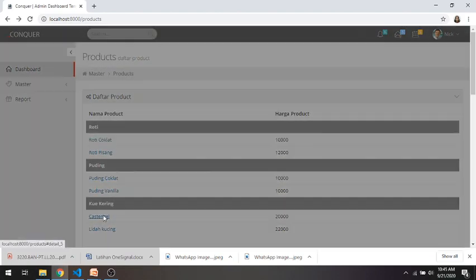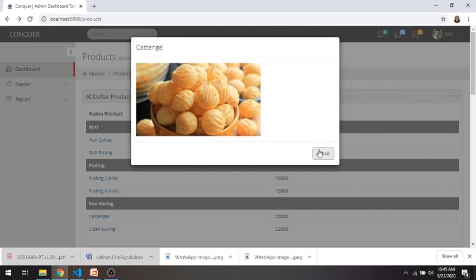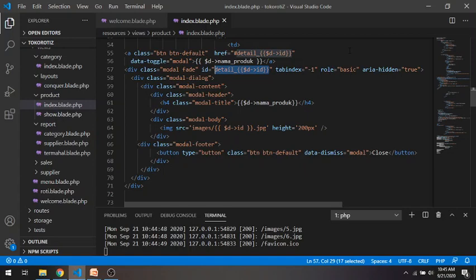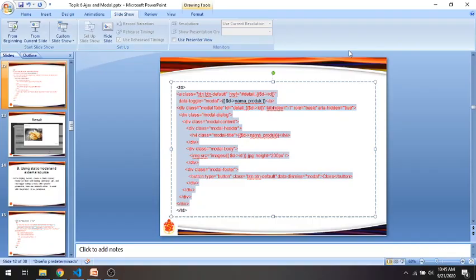Another product, Castangle for example, this one. Okay, great. Our first way is using a static modal with different content for each record.